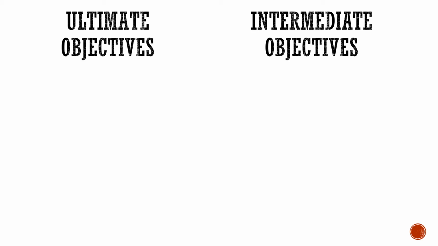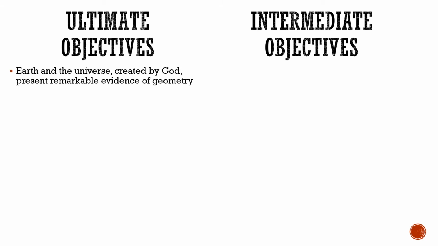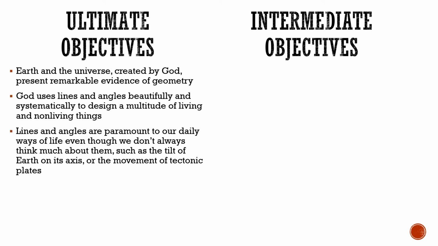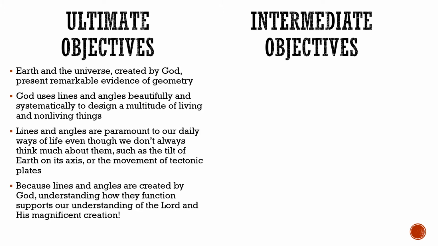Now, before we go any further, let's establish our new ultimate objectives for Chapter 3, and then we'll talk about our intermediate objectives. So Earth and the universe, which were created by God, present remarkable evidence of geometry. And we can see everywhere that God uses lines and angles beautifully and systematically to design a multitude of living and non-living things. Lines and angles are paramount to our daily ways of life, even though we don't always think much about them, such as the tilt of the Earth on its axis or the movement of tectonic plates. And because lines and angles are created by God, understanding how they function supports our understanding of the Lord and